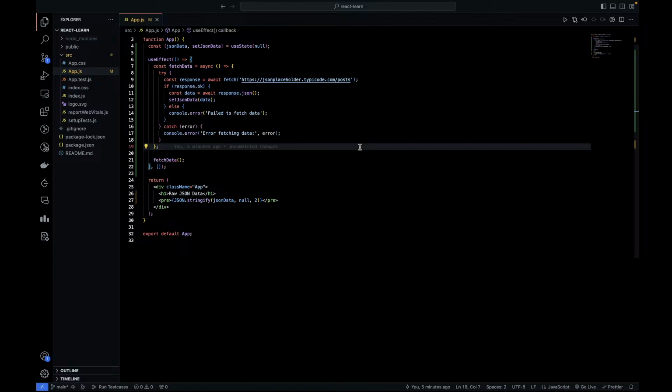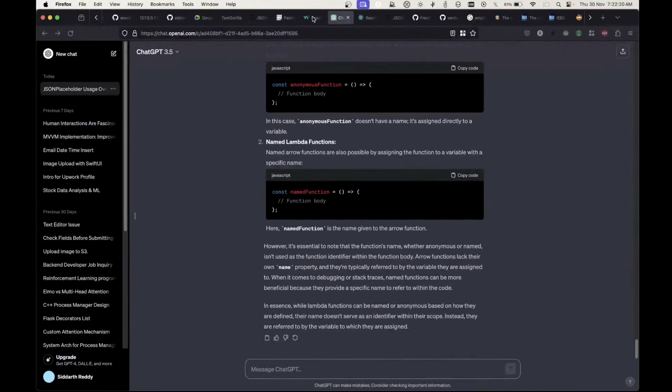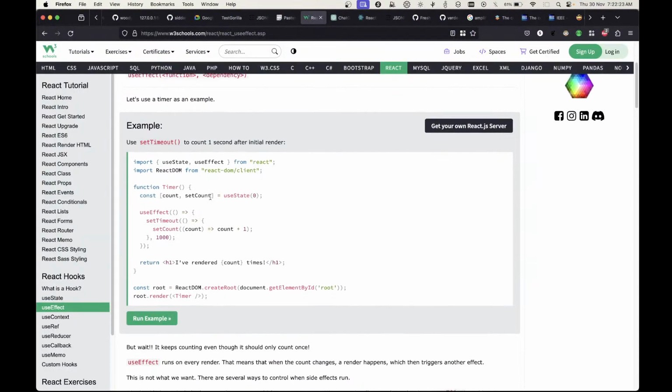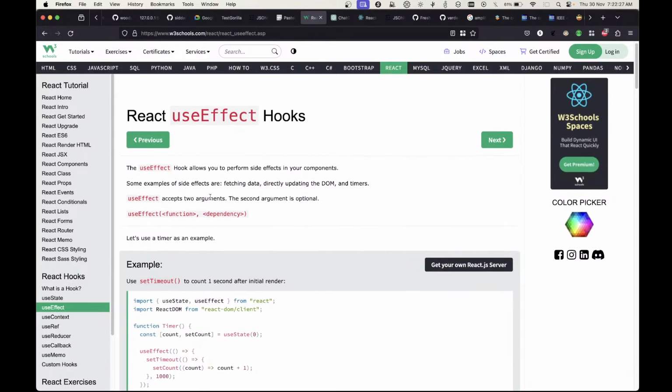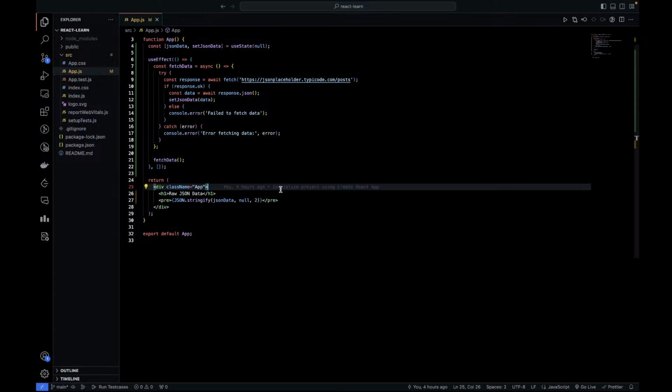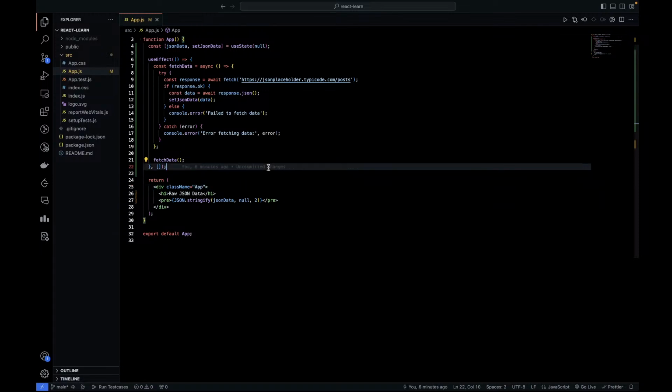But what is useEffect? Accepts a function that contains, oh, we came across this useEffect. The useEffect hook allows you to perform, oh yeah, we understood what useEffect is already. Great,